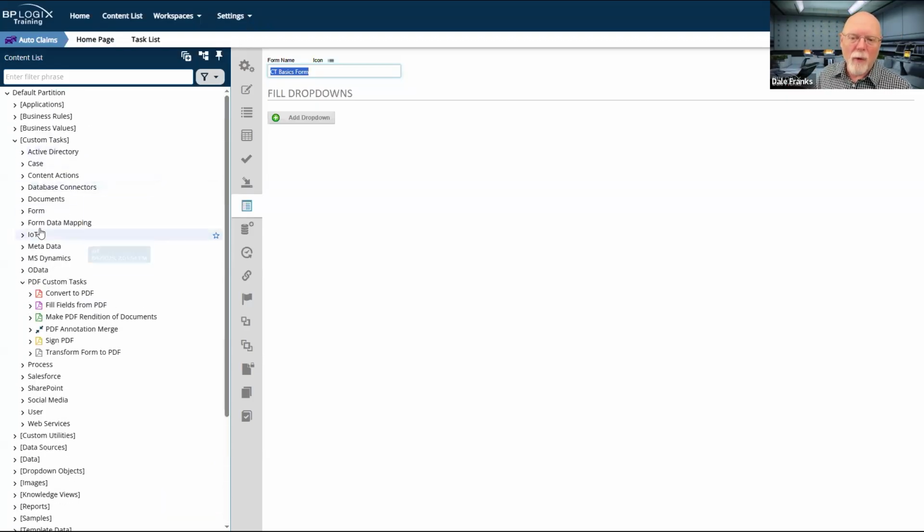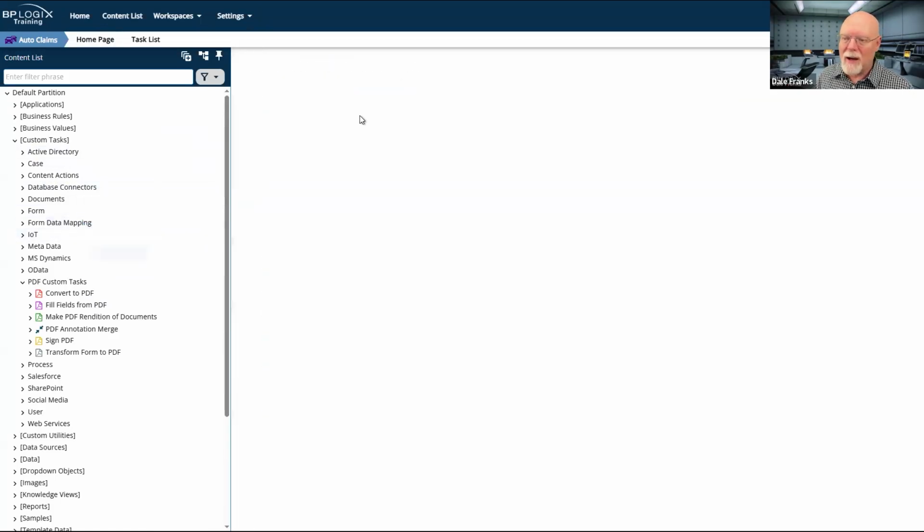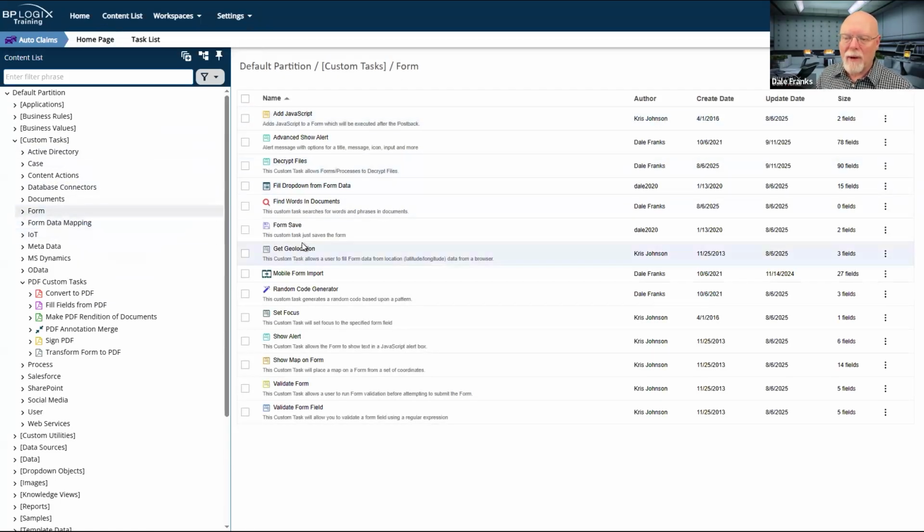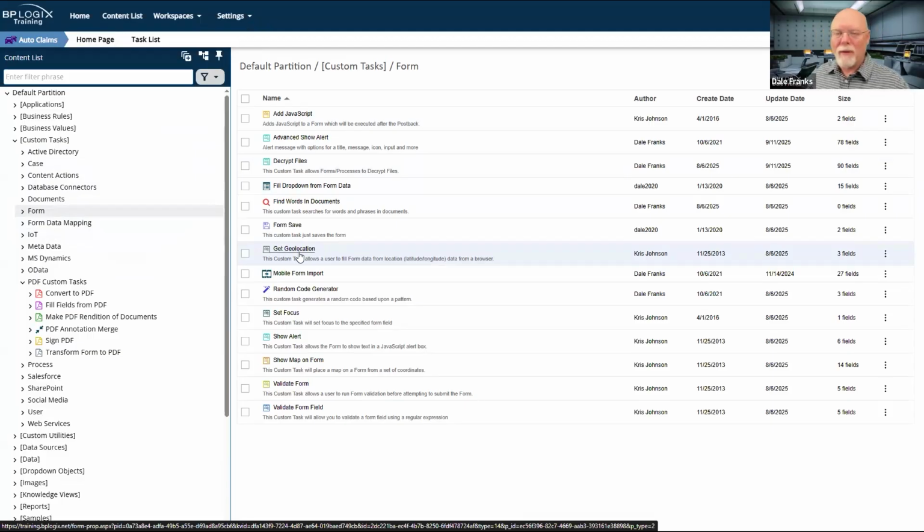In fact, some of the form custom tasks, I think, are like that, like get geolocation. I'm not going to run that off of a process timeline. I'm going to run that off of a form because I'm generally going to want to be able to get the geolocation data of the user's current location.